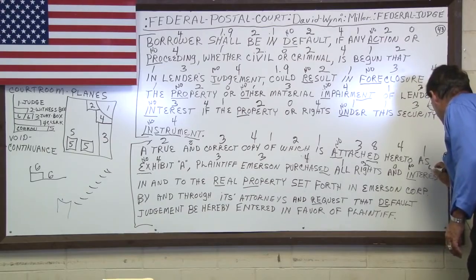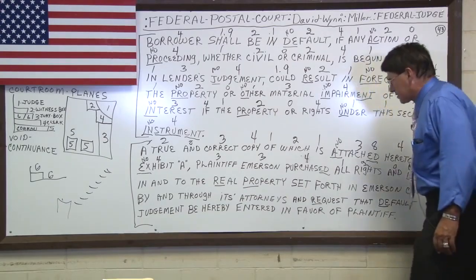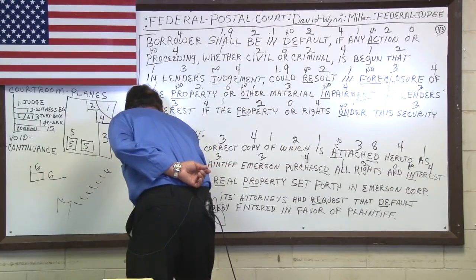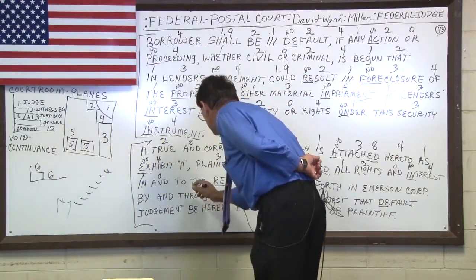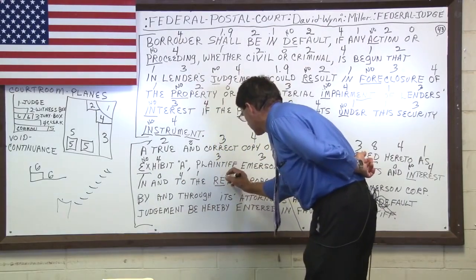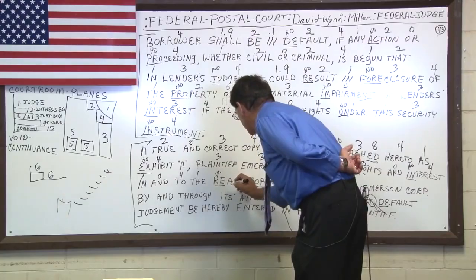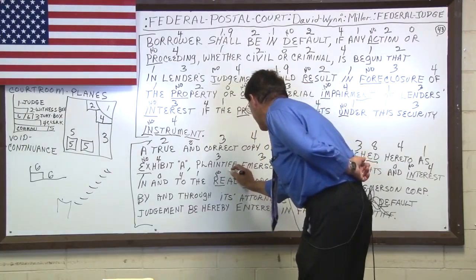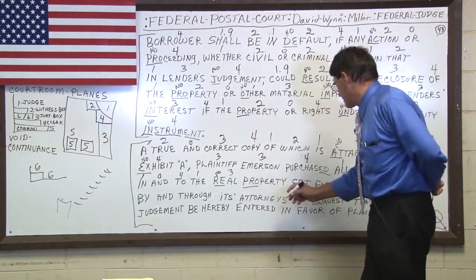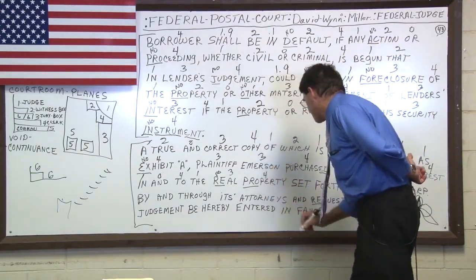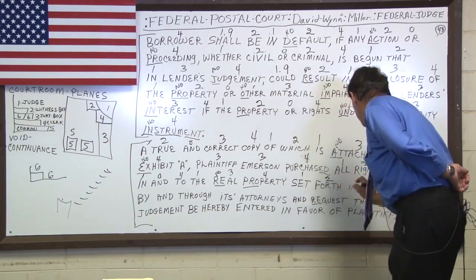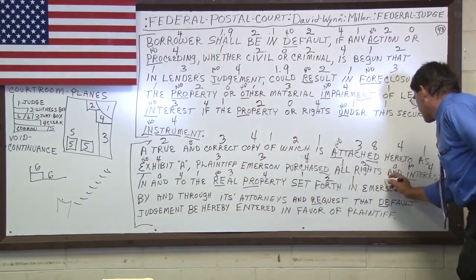And that becomes a pronoun because of the word and. So interest becomes the adverb, making in to become an adverb. And is a conjunction. To becomes the pronoun, thus the adverb, making real. Re means no. Contract as an adjective of the property, pro, no, per, person, ty, contract. As a pronoun, no, set forth as an adverb verb in Emerson Corporation.